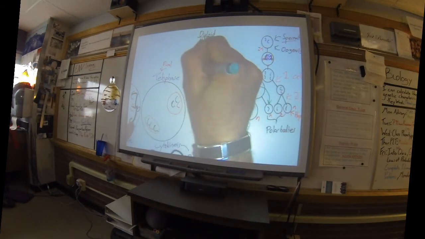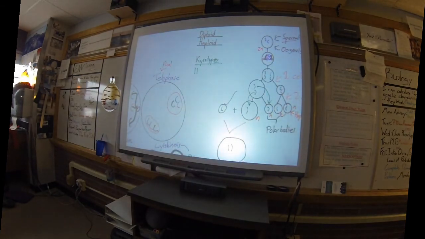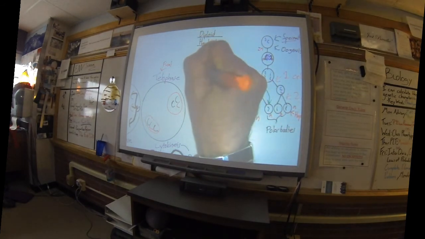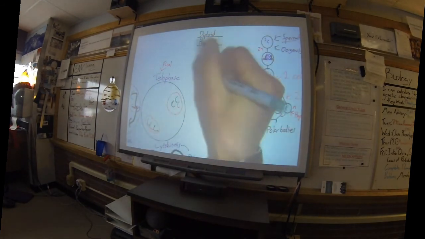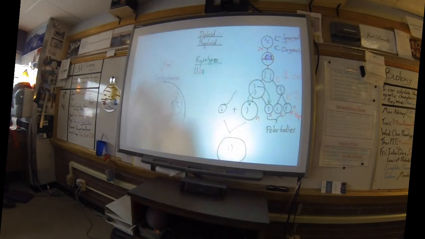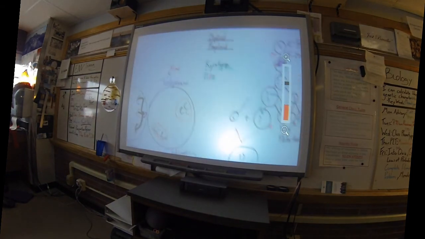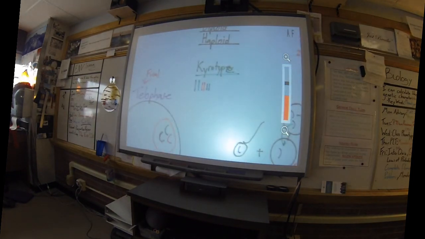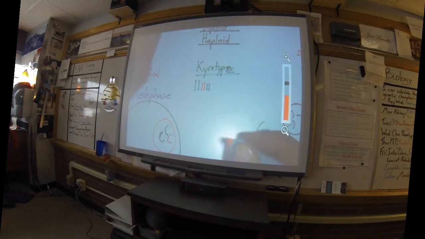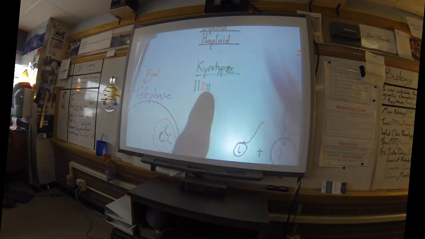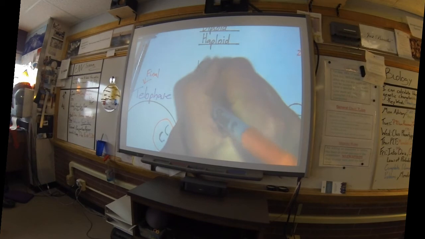So if we got a tall one right there, that would be our chromosome number 1. And then this little guy right here would be chromosome number 2. And then we get this guy right here, this would be chromosome number 3. And notice that I'm giving them homologous pairs, okay? Now, to draw them out a little bit faster, I'm just going to rock it out pretty fast. So if this is our chromosome number 1, this is our 2, this is our 3, and we have 4,